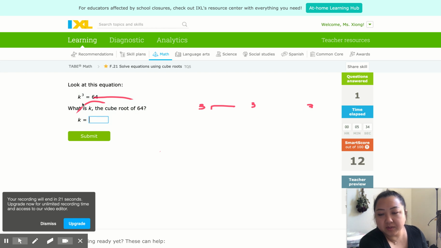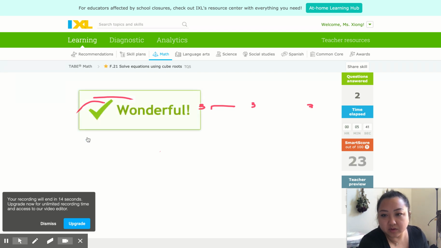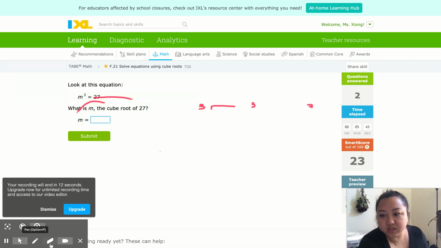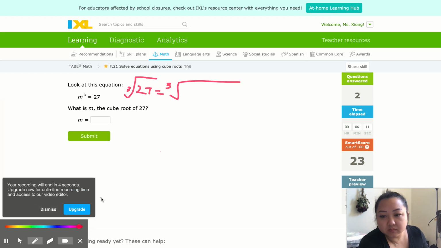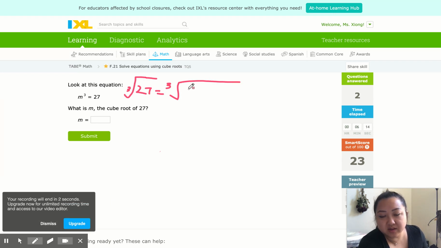All right, and then this one is just like the one we did earlier. All right, so we have 64 again. So I'm going to put 4 in there right away. Now 27. So we have the cube root of 27. I know 9